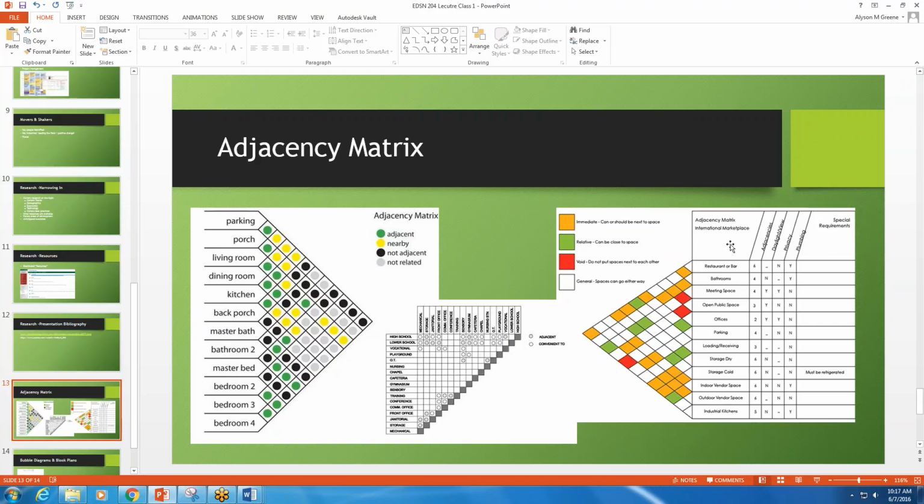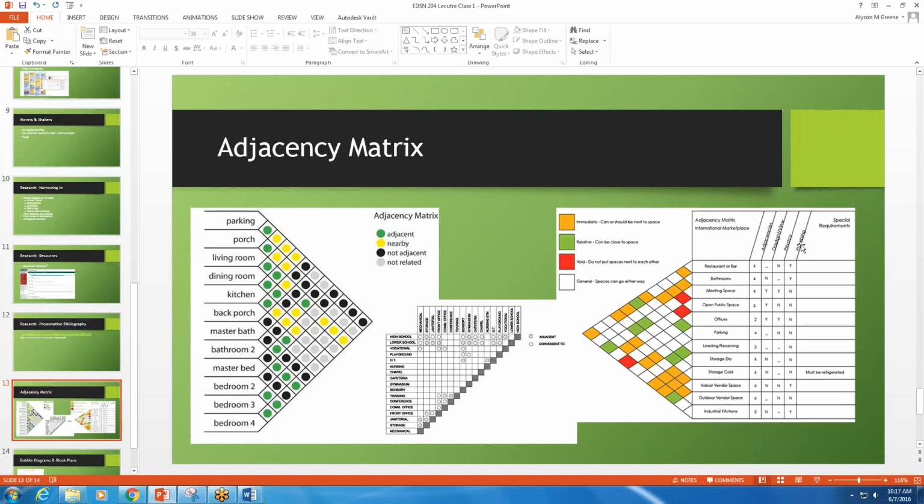And then the third one is just more specific, so it helps you to get farther into the design process. It says each of the areas, immediate, relative, void, general, same concept as the first adjacency matrix that we were looking at. But then it also talks about daylight views, privacy, and plumbing, and you can have a number of other options that you could list to the side coming out of here. So does the restaurant or bar need some type of daylight or view specified to it? It's just more information and kind of a better way for you to get a visual associated with your design